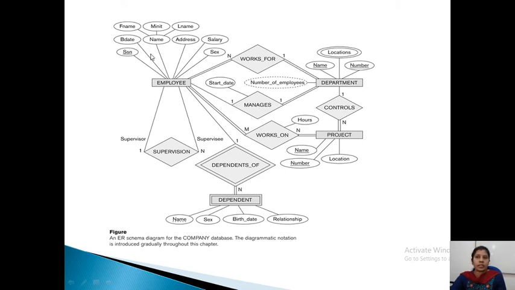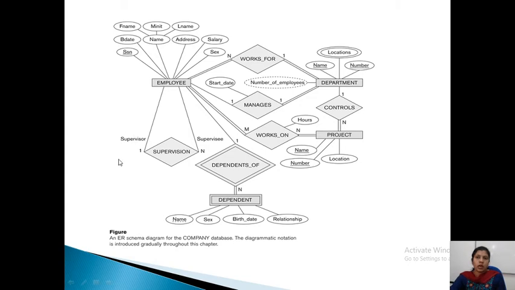And then supervisor, employee supervision. So here from this side I have given the role name. When we have a recursive relationship, we have to mention the role names. An employee can be a supervisor. So in this line we have a supervisor role.